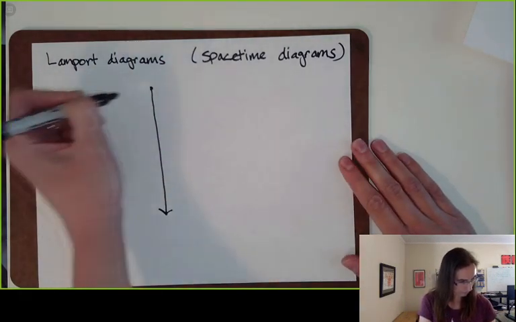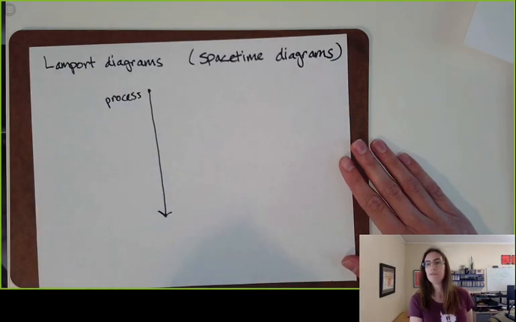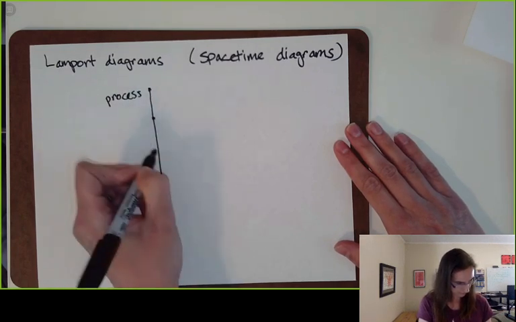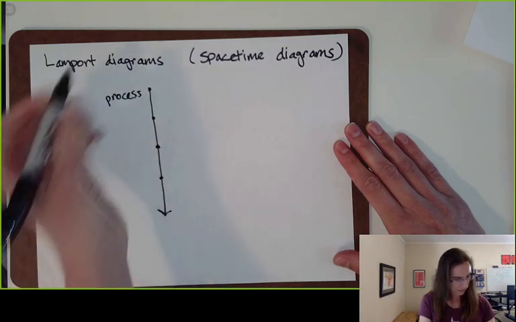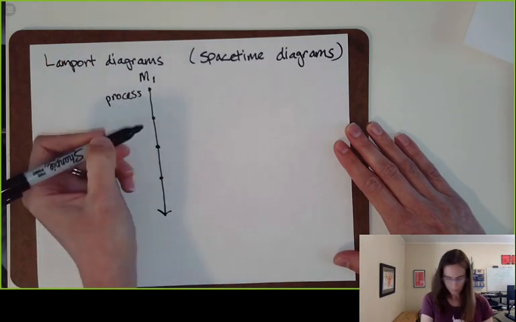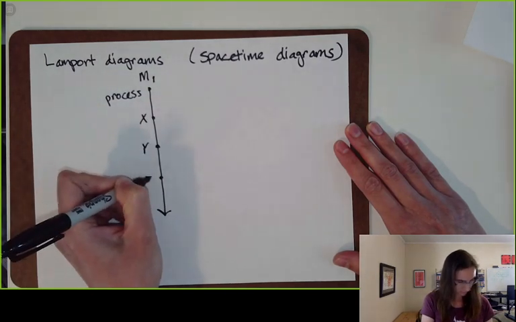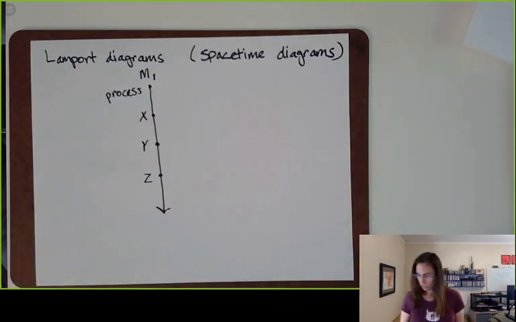So this is a process. Events are dots on the line. Let's say that this process represents machine 1. So we'll give some names to these events here. If I pick 2 dots on this line, let's say X and Z,